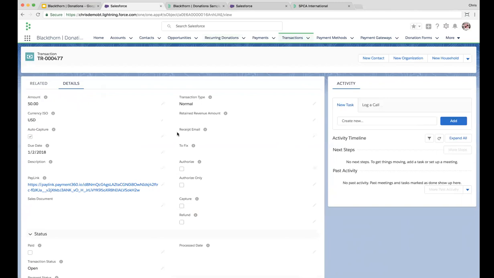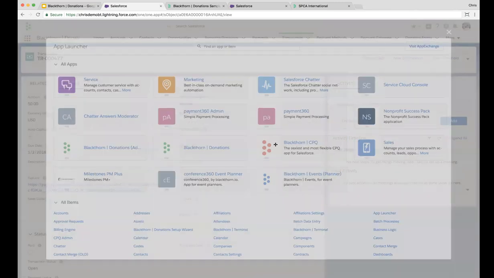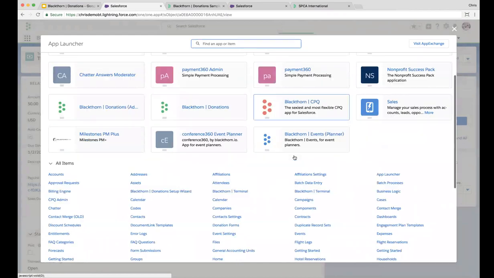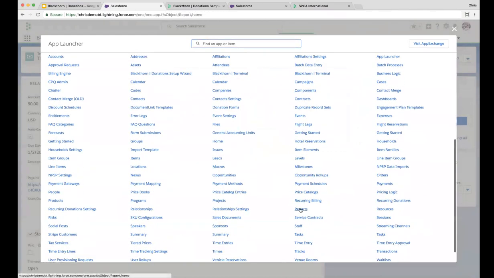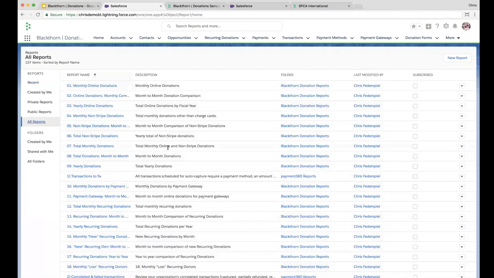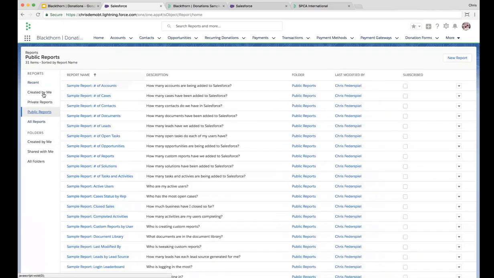Another question, are there any reports that you create for admins to use? Another good question. So the answer is, I hope that I have them in this org, but they are in the most recent package. So let's take a look at our reports and see if we have them in here. They should be in a folder. Let's see our,